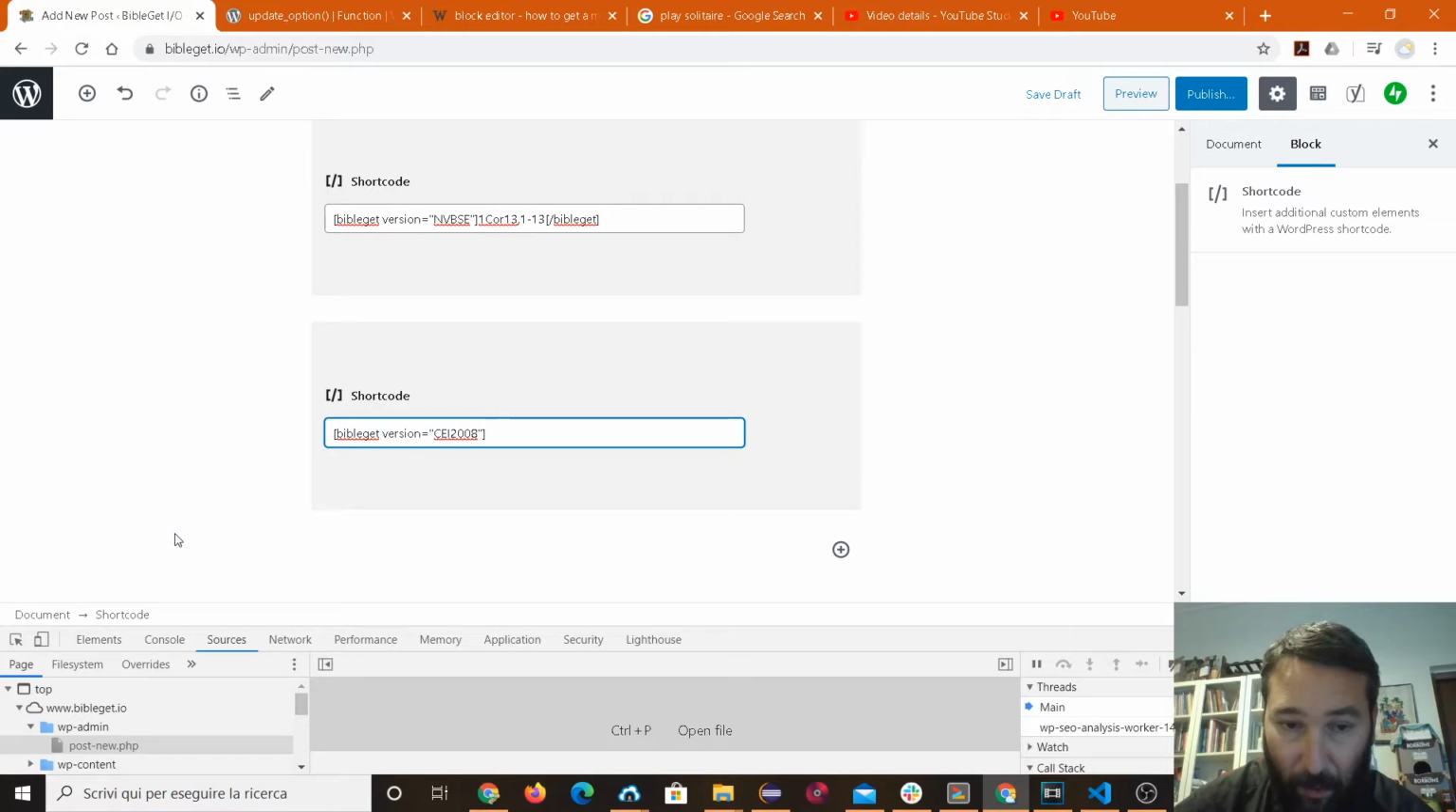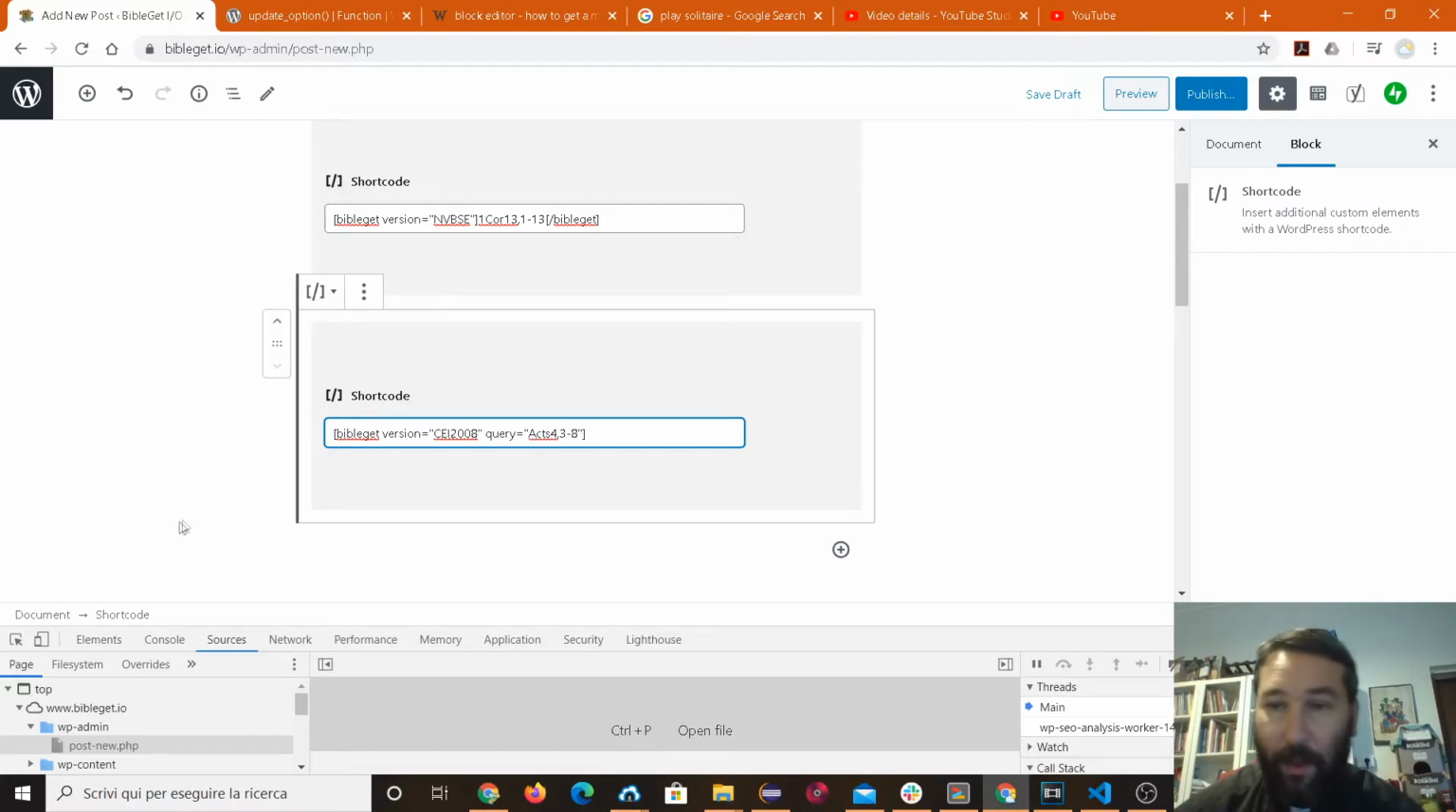And here we'll use the query parameter instead of the contents of the shortcode. Query equals Acts of the Apostles. Let's do, I don't know, 4, 3 to 8, some random quote. Okay,